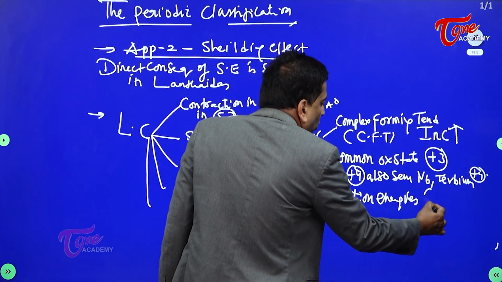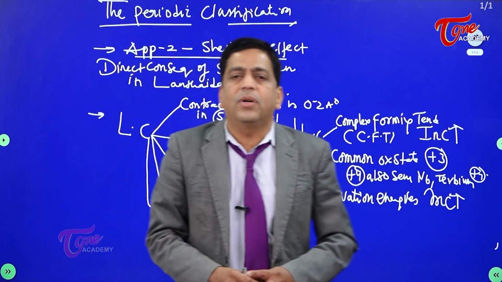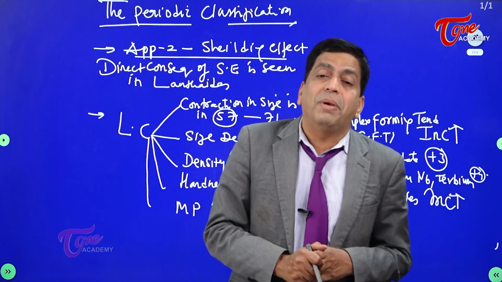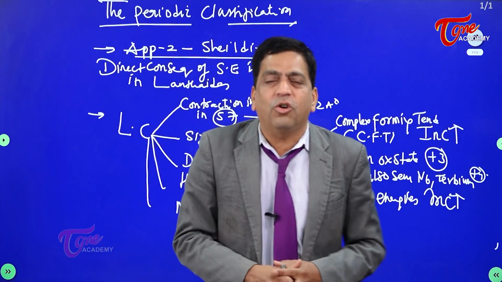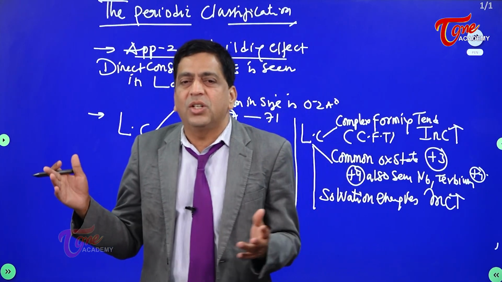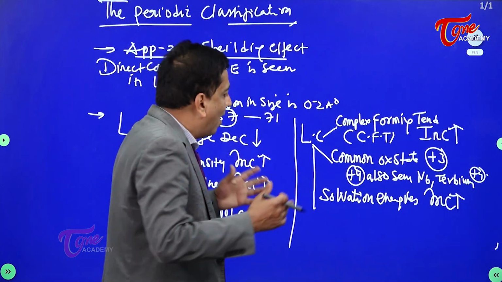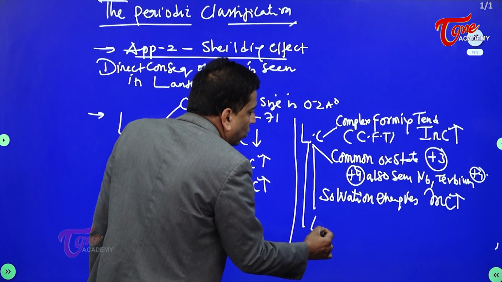Solvation energy also increases. You must understand. One of the criteria for having a greater hydration energy or greater solvation energy is basically that the size must be what? Smaller. And you have lanthanide contraction in place, so size will be decreasing from lanthanum to what? Lutetium. Naturally the solvation energy would be higher, and even lattice energy